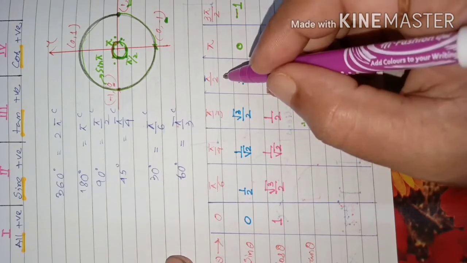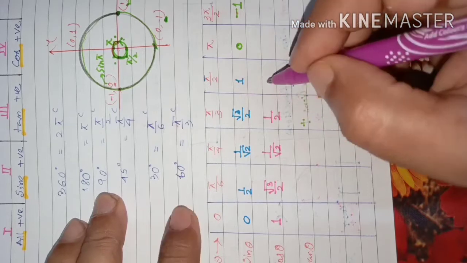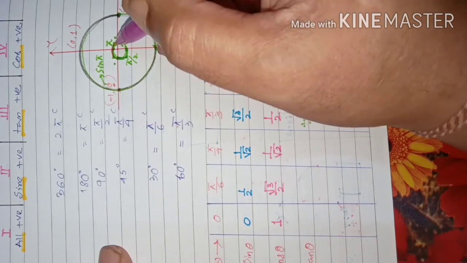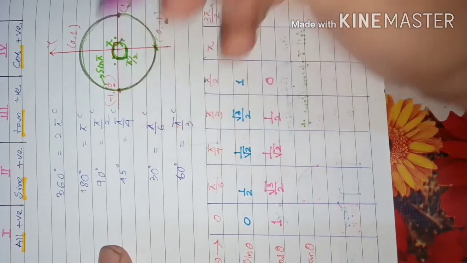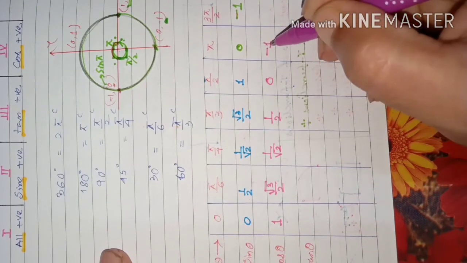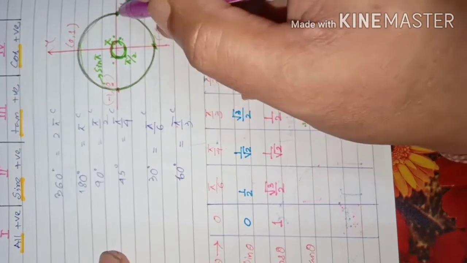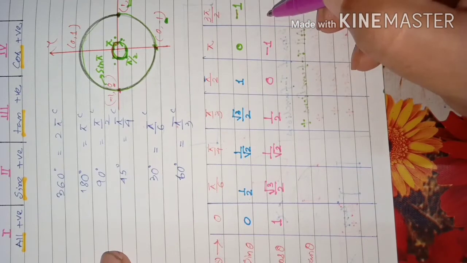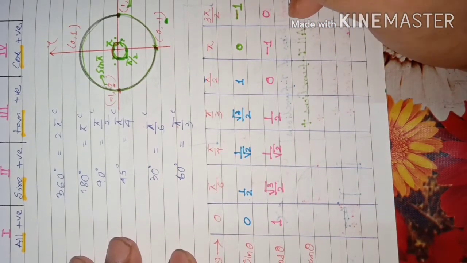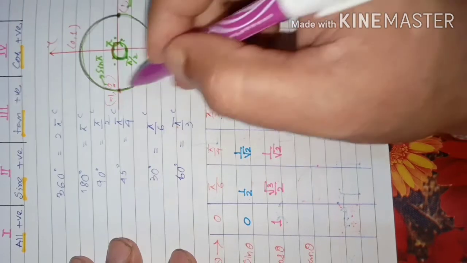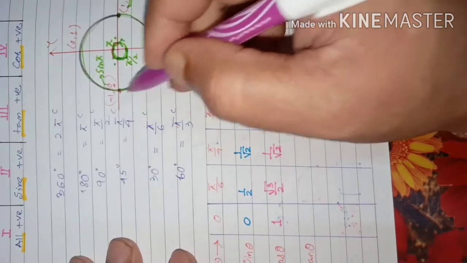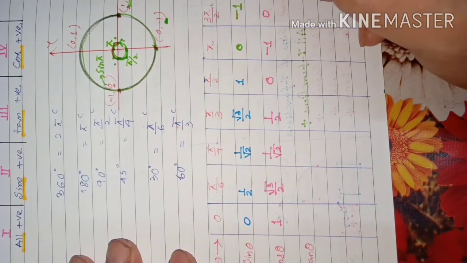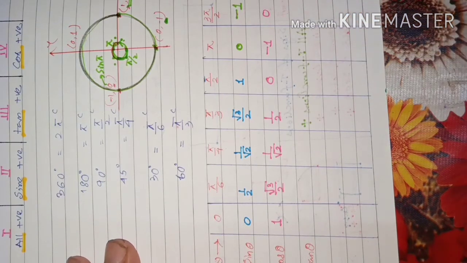Then cos 90, pi by 2, that is 0. Then cos pi, look at this. Cos pi means when you come here, what is the cos value? Minus 1. So cos pi is minus 1. Cos 3 pi by 2, when you come from this point to this point, 3 pi by 2, cos is 0 again. Then when you form twice pi angle here, by moving the point up to here, you get cos 1. So cos twice pi is 1. These are the values of cos.